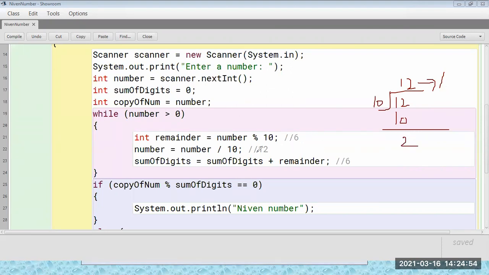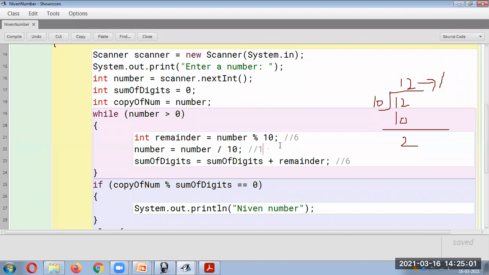In the next iteration, this will become 1, and this will be 6 plus 2, because the remainder is 2 now. So this will be 6 plus 2, which is 8. Okay, this way it will work.